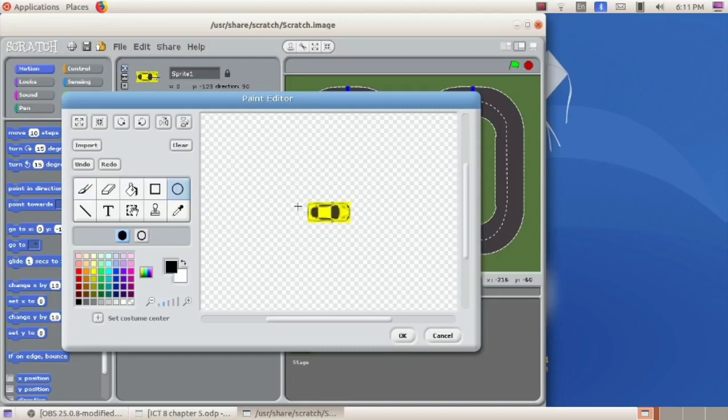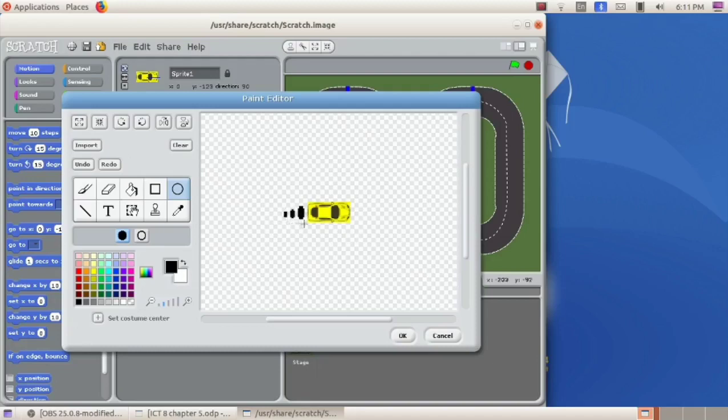Just click and drag the mouse. Now I have drawn 3 bubbles at the back of the car.